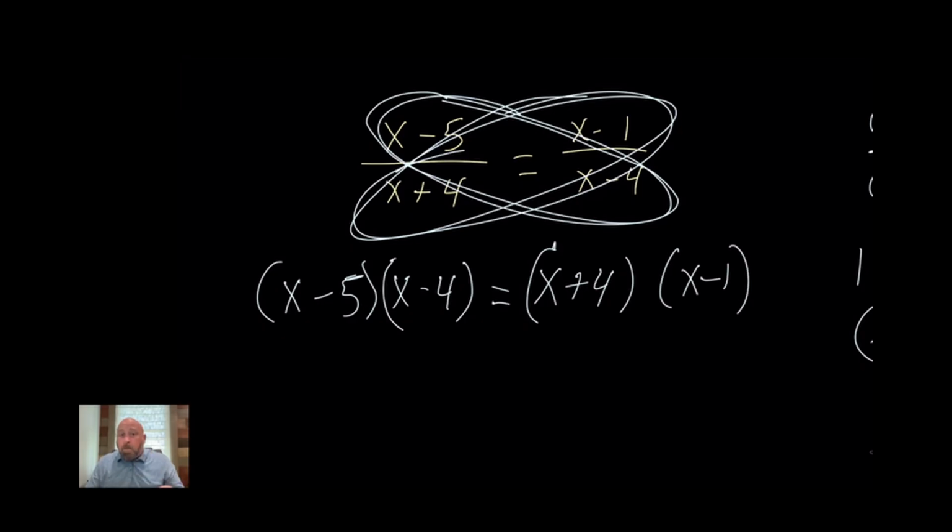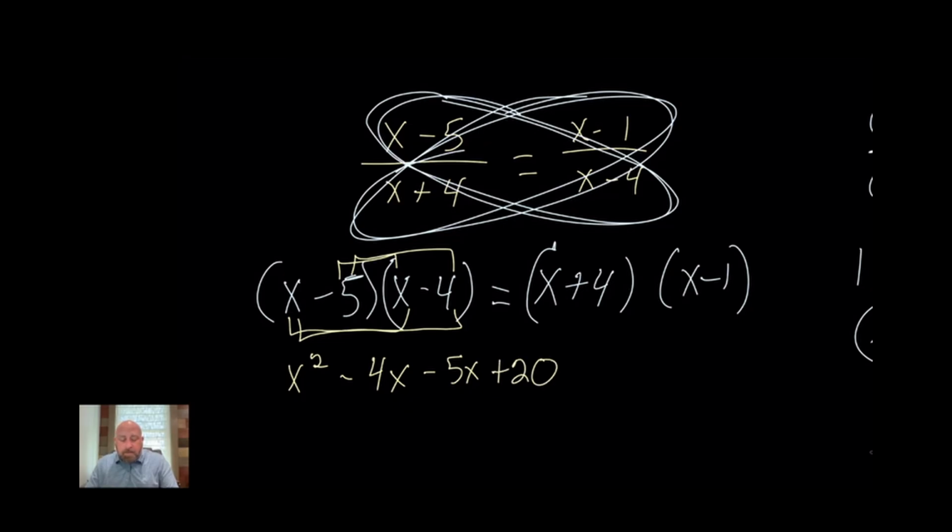All right, now what we do is we go ahead and we actually FOIL these. So first, outer, inner, last. We'll do the first, and let me change colors so you can see this a little bit better. That's going to give you x squared. X times x is x squared. And then the outers are going to give you a minus 4x. The inners are going to give you minus 5x. And then the last is going to give you a positive 20, equals,